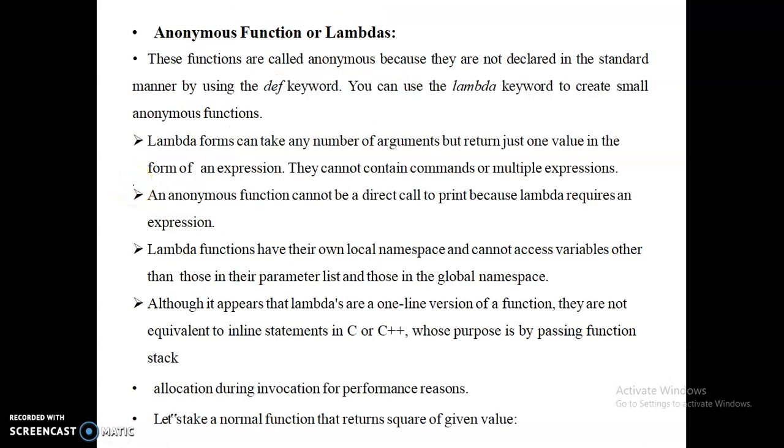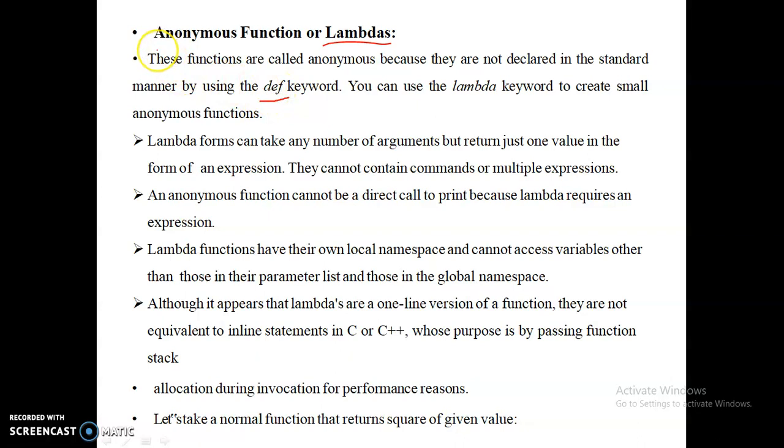Next, the next type of functions are anonymous functions. The functions which are defined with the required code but without any memory allocation or any name of the function are called anonymous functions. It doesn't have any particular memory for the function. Those functions are called anonymous functions and are created with the keyword lambda. These can also be called lambda functions. A function which is not created with the def keyword is also called an anonymous function.